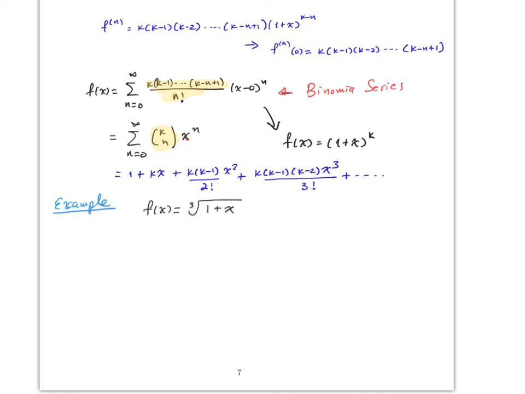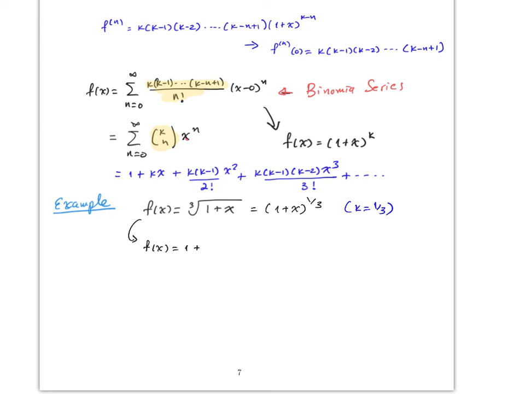For example, let's say you wanted to expand this. Again, you can do this by brute force, the way we did the previous two examples, and that's fine, but it can take you a while. Otherwise, you can use the binomial series. All you have to notice is that this is the same thing as (1 + x)^(1/3). So therefore, here, the value for k is 1/3. So if we use the formula,